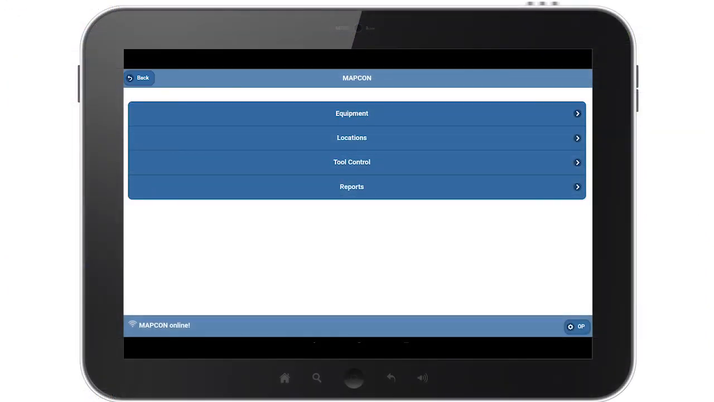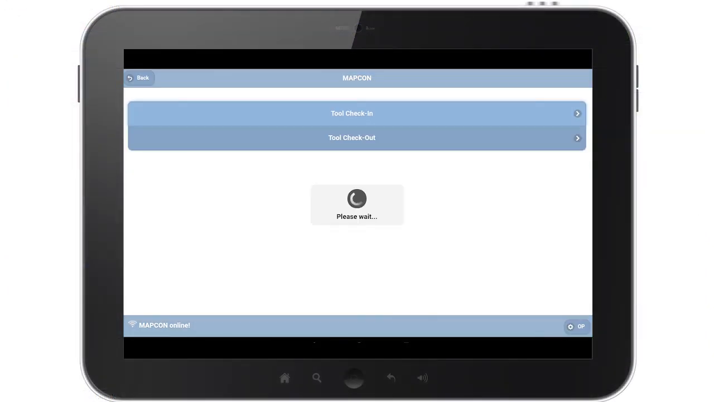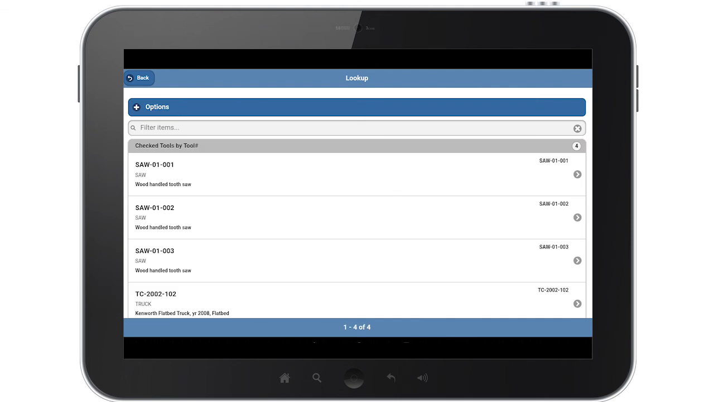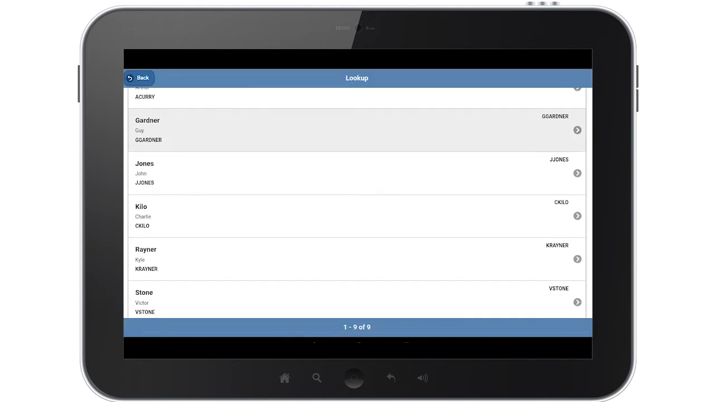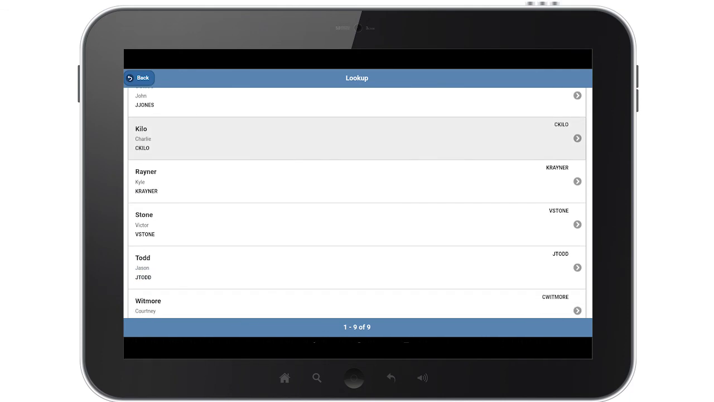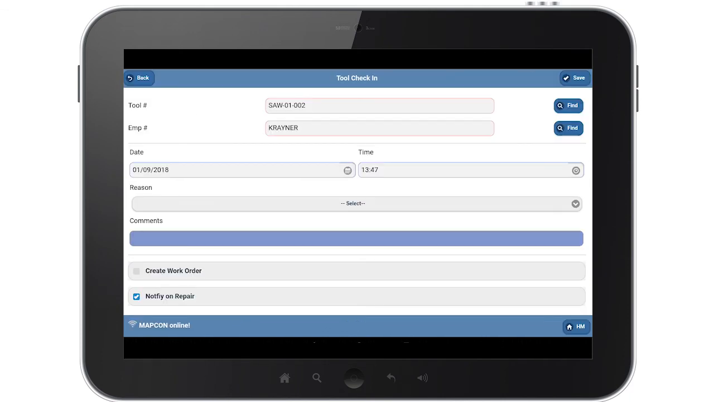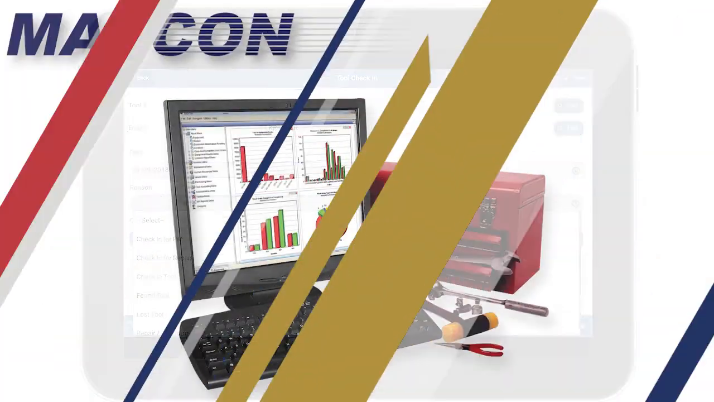In MAPCON Mobile, the tool Check-in and Check-out options are located in the Asset menu. Checking tools in and out in MAPCON Mobile is quick and convenient for users on the go, especially when paired with the barcode module. For these tips and more,